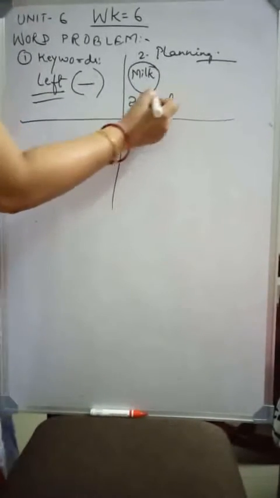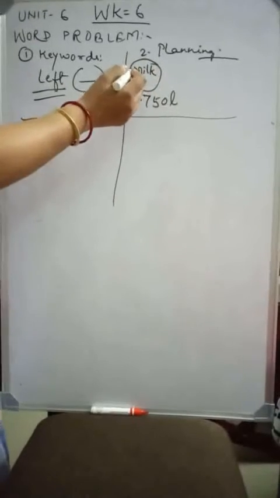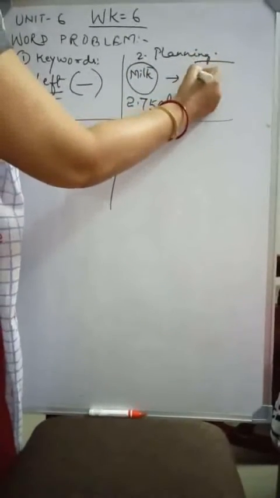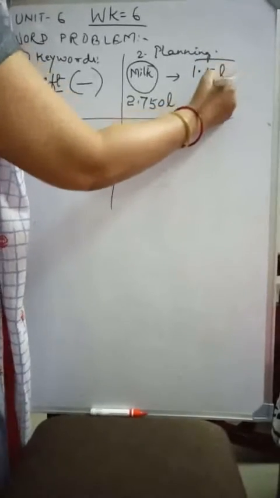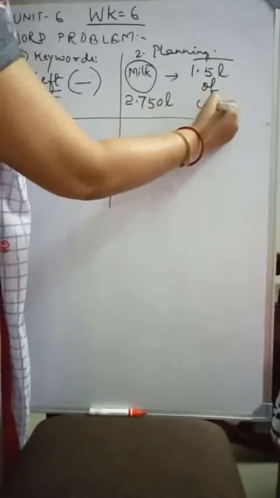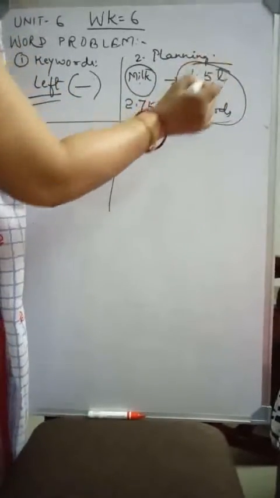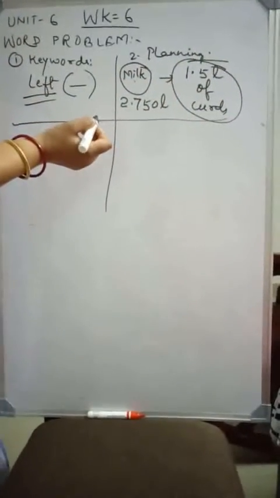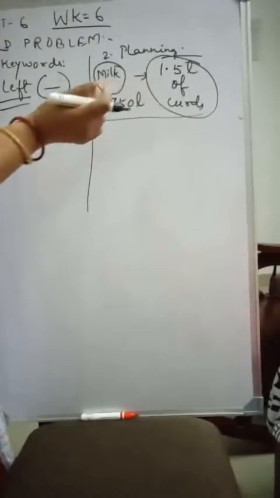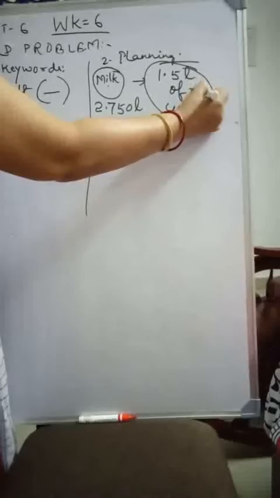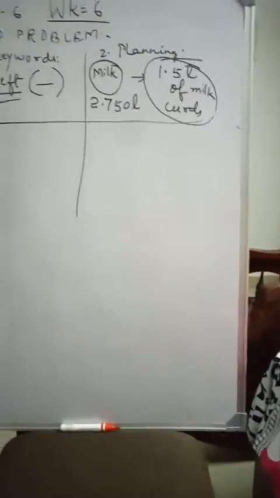2.750 liters of milk was bought by Mrs. Renu. Now she used this milk to make 1.5 liters of curds. From this milk she used 1.5 liters to make the curd. She used 1.5 liters of milk for making curd. So the question is to find the